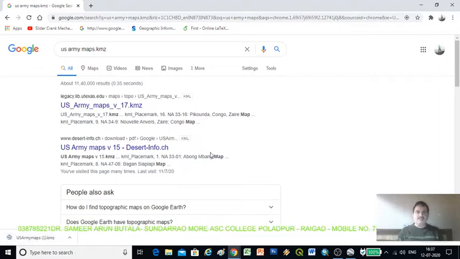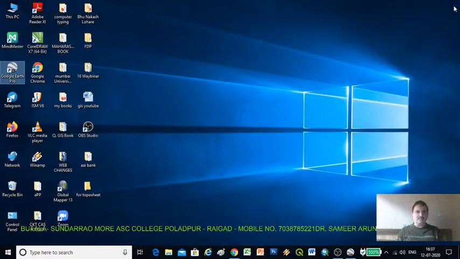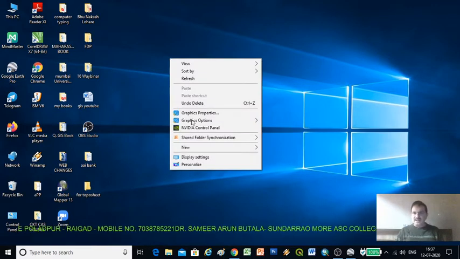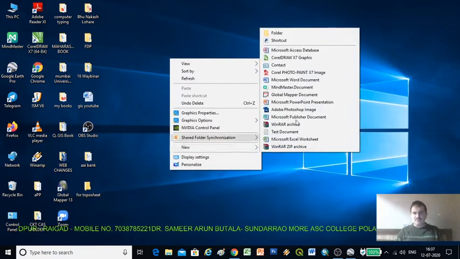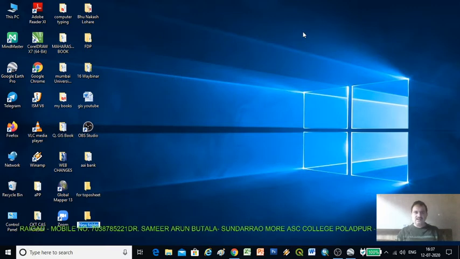Okay, now when the download completes, just close this window. Now we want to download our topo sheets on a folder basis. So create one folder: right click on the desktop, New, Folder, and name it topo sheet.